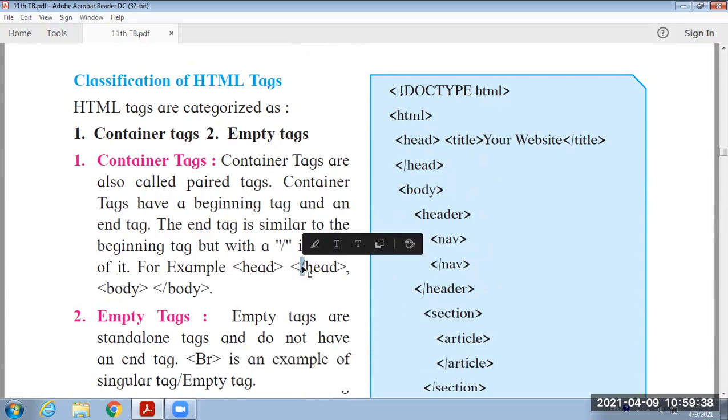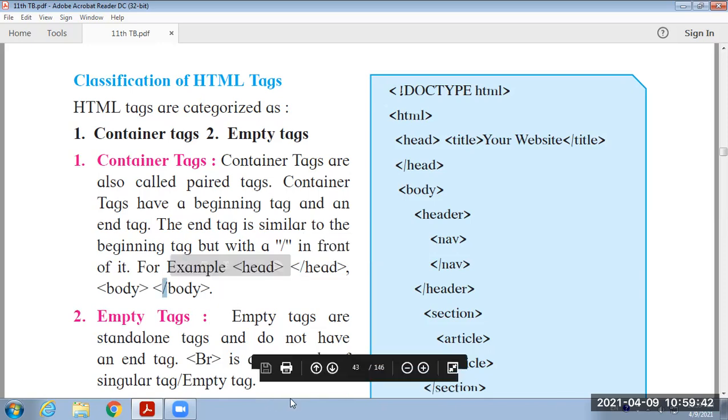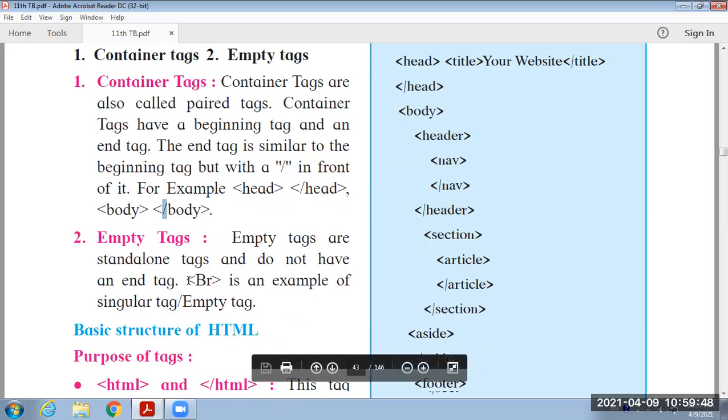This is indicated as the ending part. Here also the ending part. These are known as pair tags, doubly tags or container tags. And some tags, just like break and HR, we are not providing any end for these tags, and these tags are known as empty tags or singular tags. They come alone, therefore we are calling them singular tags.